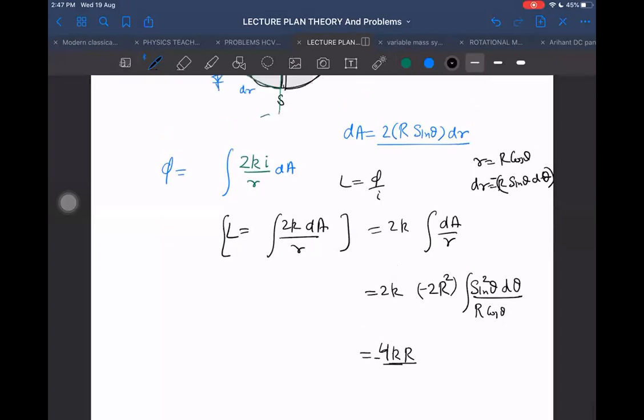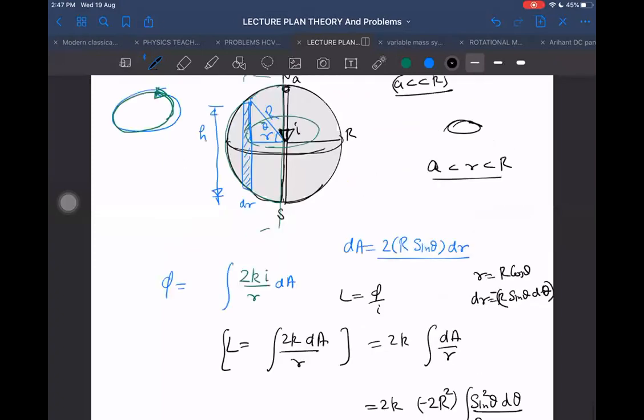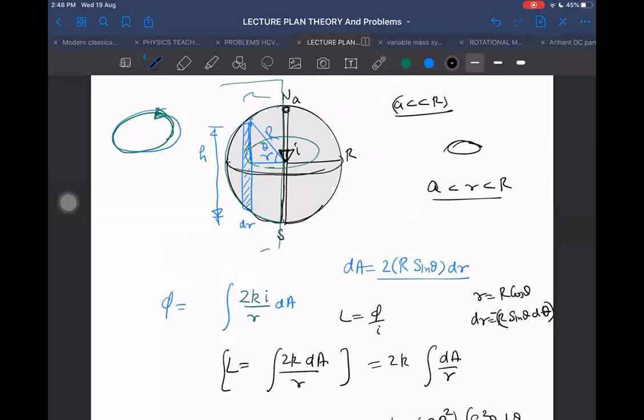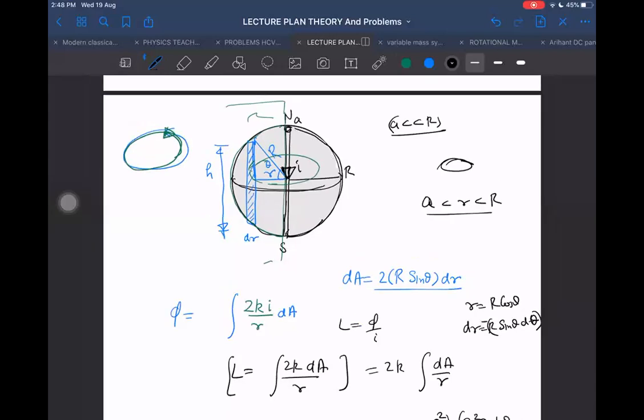Sir, is current coming from infinity, sir? No, north to south and then returning back in this sphere only. Magnetic field is only within this sphere. What are you even talking about, Chandraharsha? This I told in the beginning and I have discussed this question already in the class. Therefore, I did not elaborate again where it is coming from. Although I said it here in a quick way, because I told you already what the situation is. It comes from north to south and then it spreads uniformly in all directions.